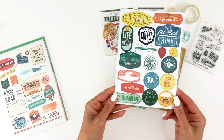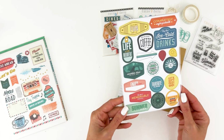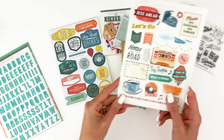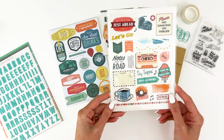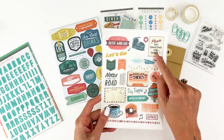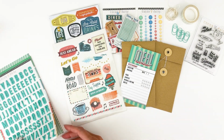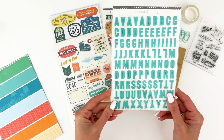You get a sheet of chipboard, and I love that one, obviously, because I love coffee. You get a sheet of rub-ons, super fun. I love this one, the Please No Dancing on the Tables. I love that. You get the Puffy Alphas,